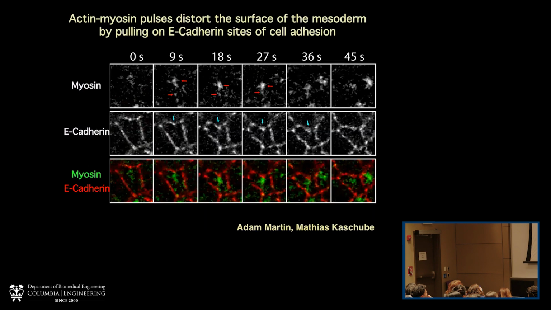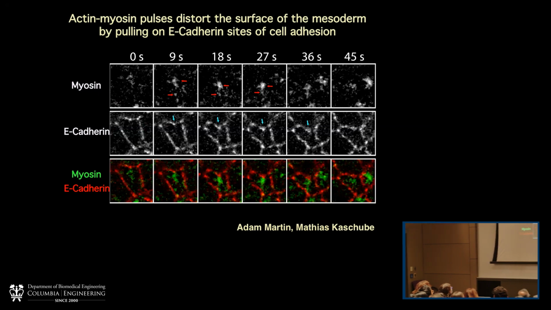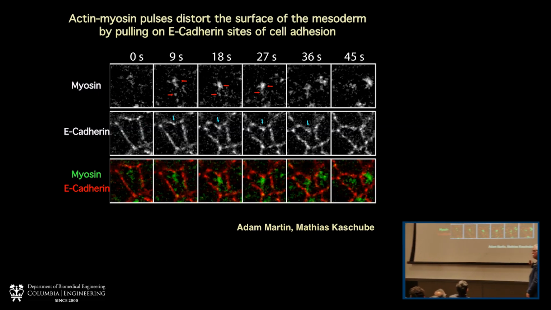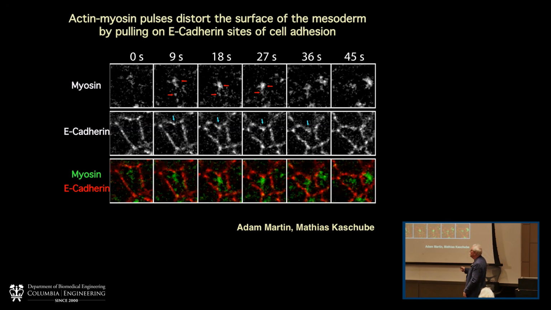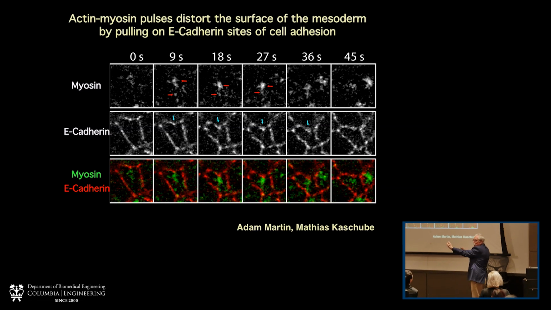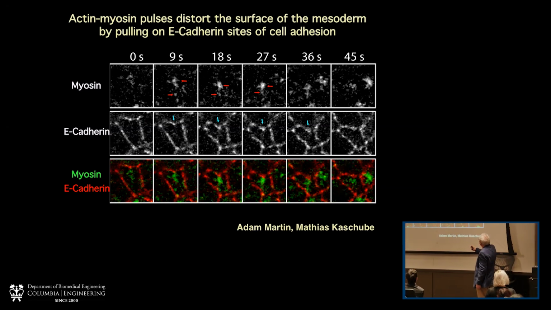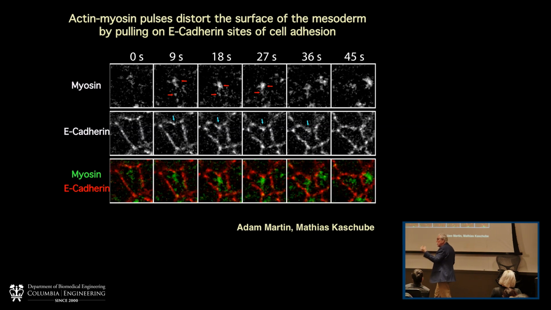And you can follow it here in an individual cell where myosin accumulates and then goes away in that cell. And you can follow the shape of the cell, which is a polygon. And as myosin accumulates, the cell actually becomes contorted because the myosin fibers are perpendicular to the surface of the cell. The cell becomes contorted, and then when myosin goes away, it relaxes, but the size is less. And so this progression is a stepwise process that's coordinated with accumulation of myosin.